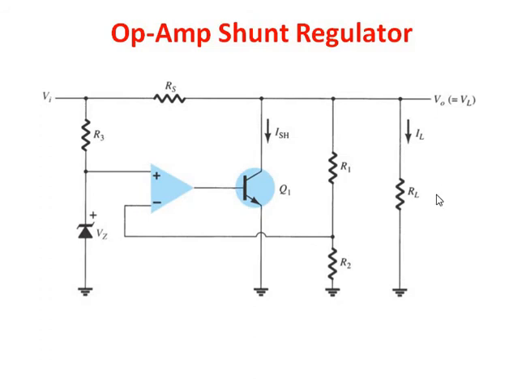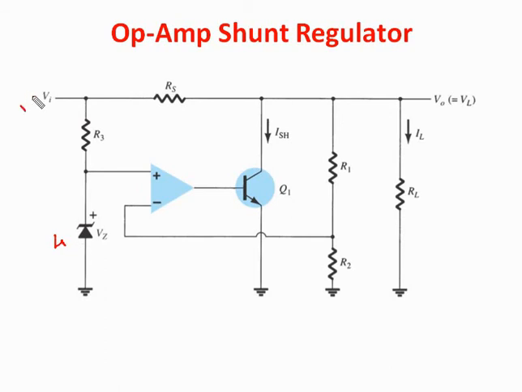And vice versa. If the load voltage is reduced from 12 volt to 10 volt, which will reduce this current and increase this current. So here we get a higher voltage, increased from 10 volt. So here we get a constant 12 volt, which is the desired voltage. And this resistance R3 is used as the current limiting resistance of the Zener. So here we get a 4 volt Zener diode.